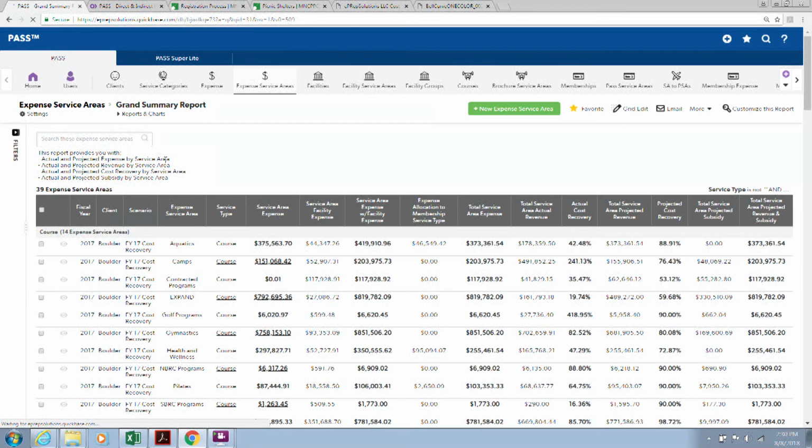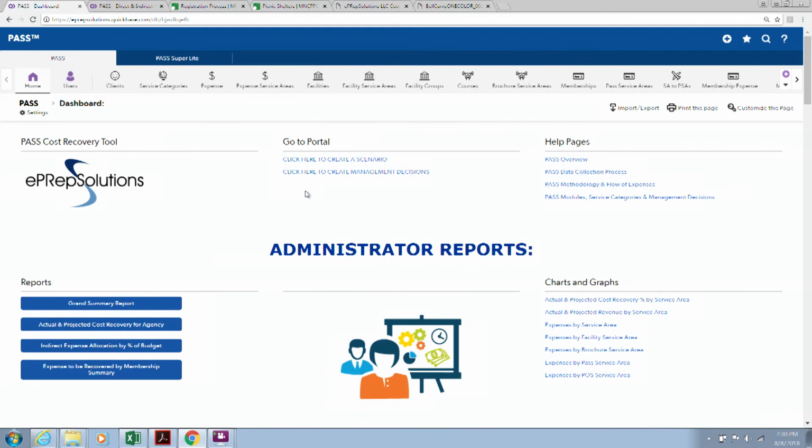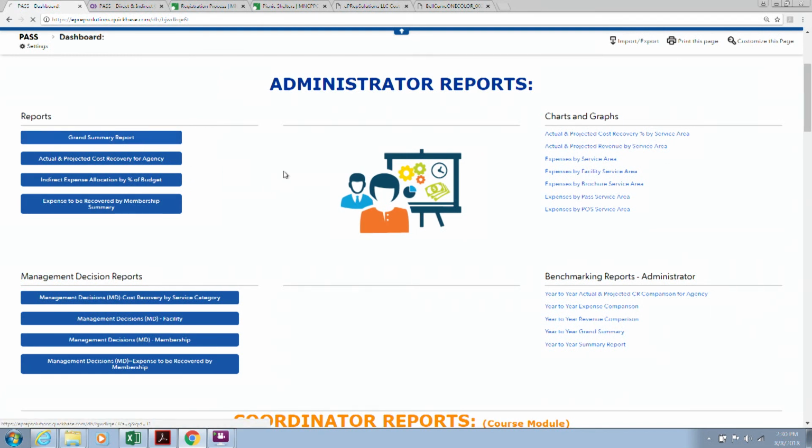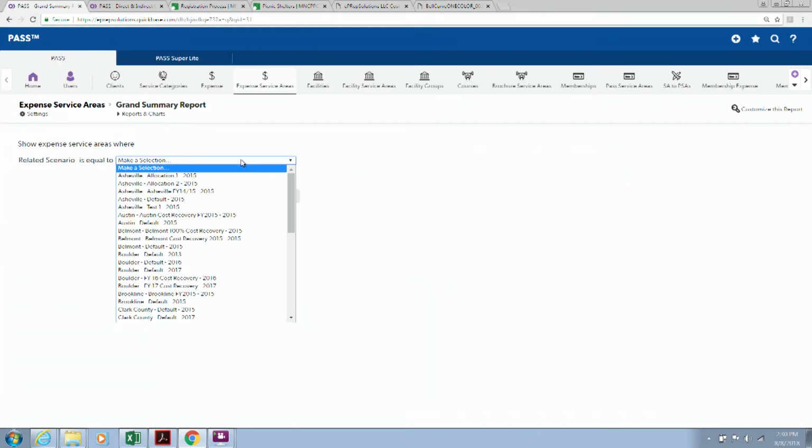So the software is an online hosted software. Everybody in this room is going to be able to log in. If you want to have other staff be able to log in, they can. You'll be able to run reports, do all that kind of stuff. I'm not going to go into how you run reports and all the different reports. That's for the very last visit. Today, I just want to walk you through an example. So I'm going to start with